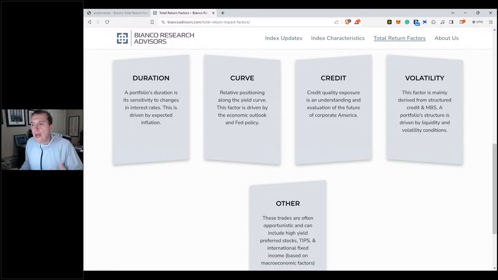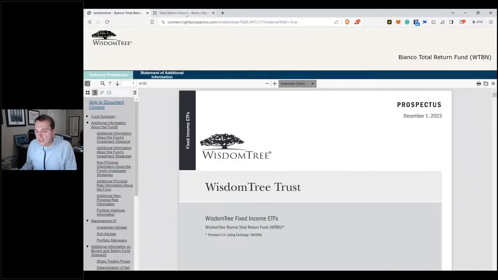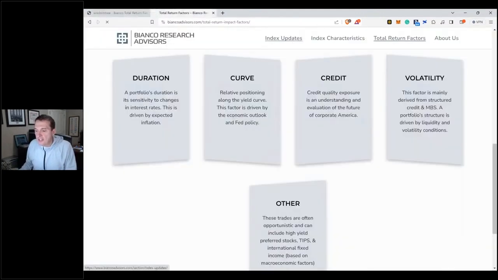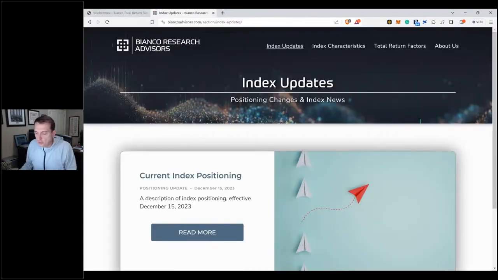So the approach that we are looking at is that we can maybe structure this index or our weightings so that we can outperform the index a little bit better. So, index updates on our website, and then I'll turn to my 2024 outlook.